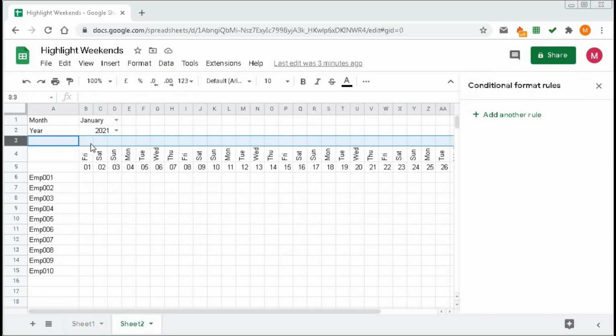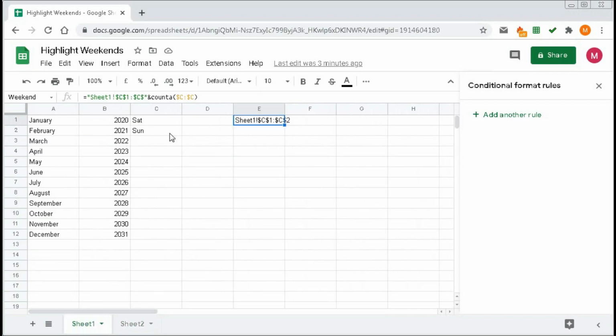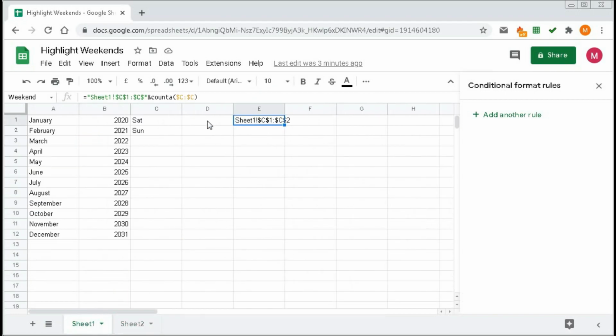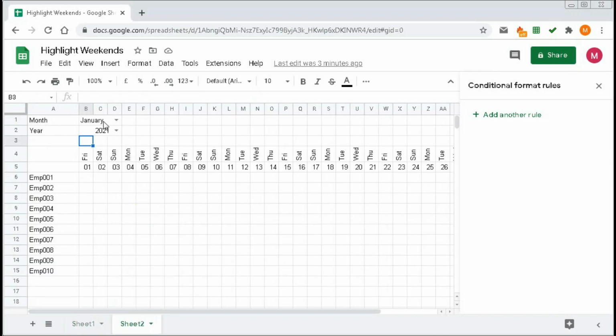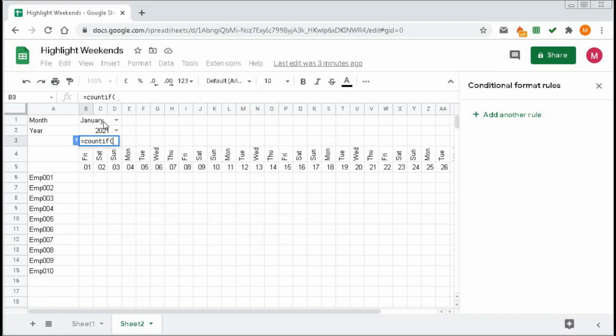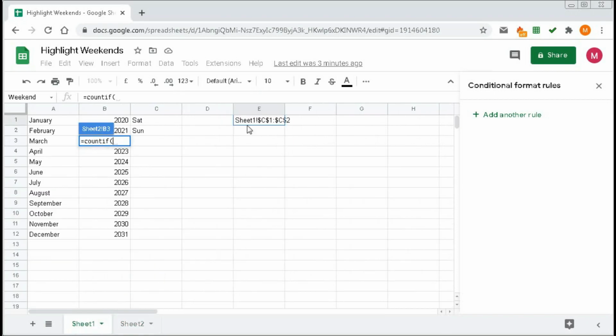So now in this cell we will populate 0 if this value doesn't match with the weekend, and we will populate 1 if it matches with the weekend. So we have already created the named range for this. So now we type equal to COUNTIF, our range will be weekend.